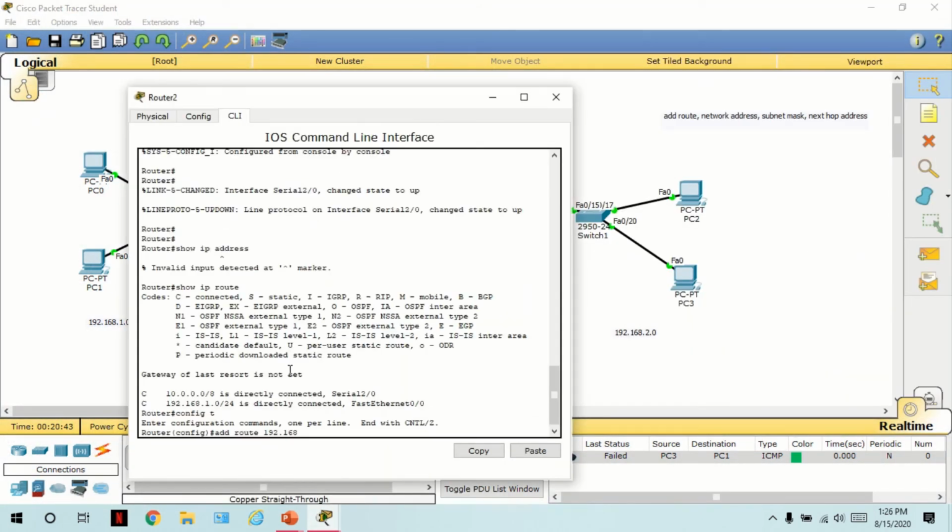Okay, 192.168 dot, now what is the address, dot 2.0, and then we will write the subnet mask, 255.255.255.0, then next hop address. Now what is the